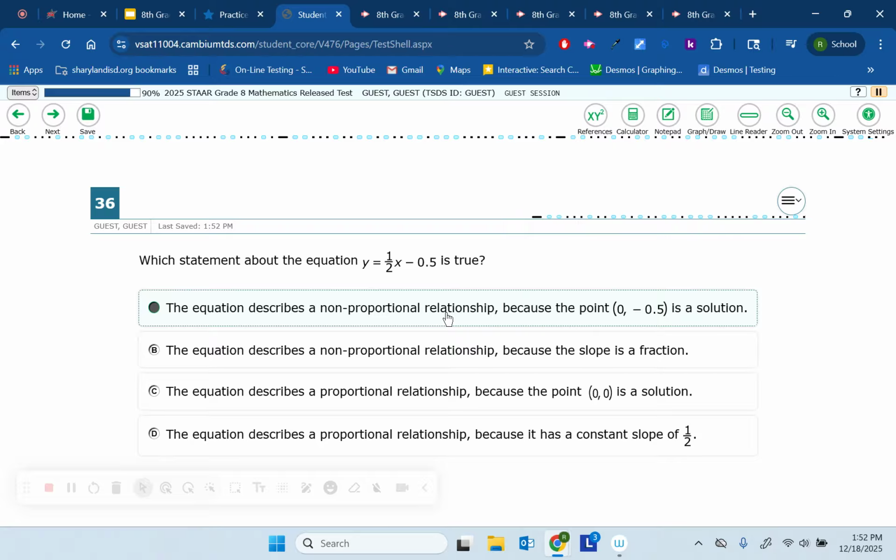Well, either way, I guess, since it can't be this one, the slope can be whatever it wants to be, any fraction. This is definitely not proportional. This graph does not go through 0, 0. It has nothing to do with the slope. This is the only answer it can be, but I have an issue with this answer as a